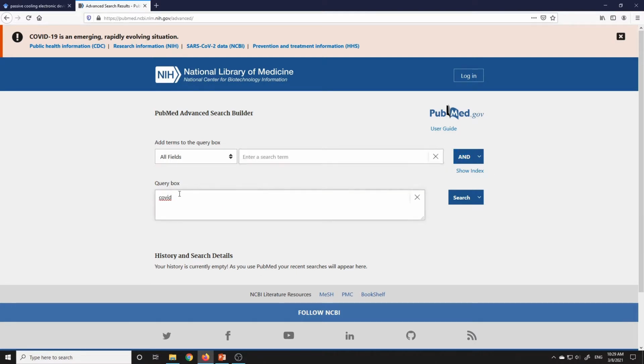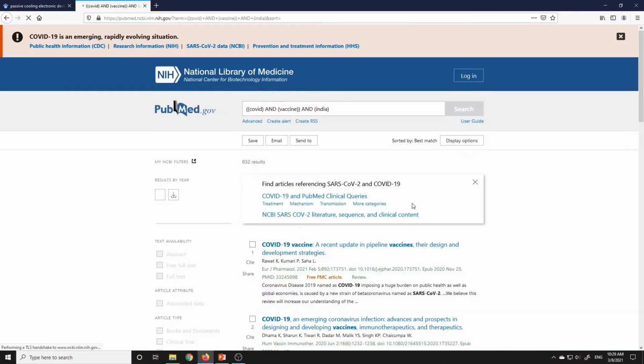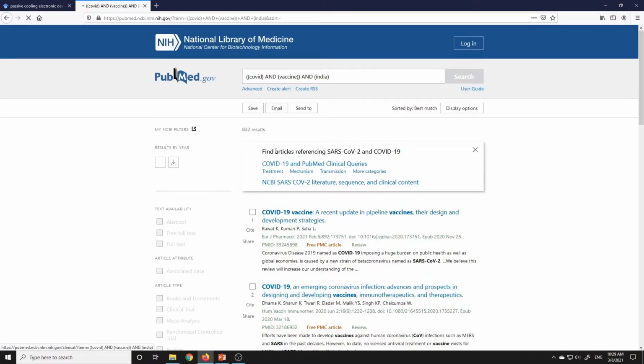See, the query box has been added here: COVID, vaccine, and let's say any country. Since I am from India, let's say India. Now search. See, whatever you are getting is from India.